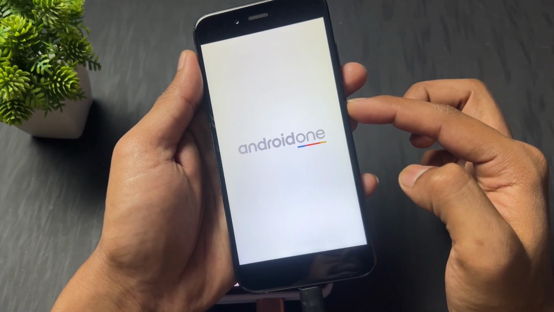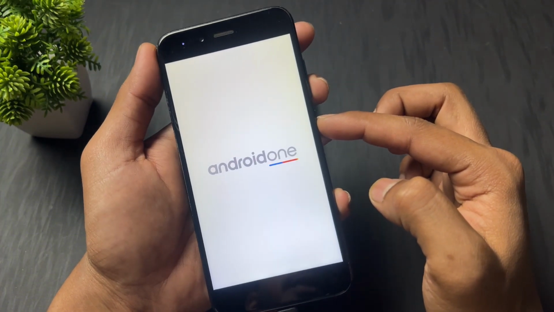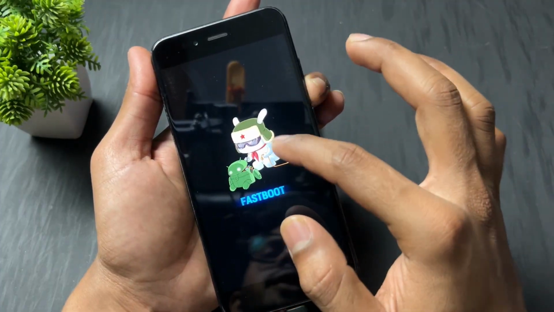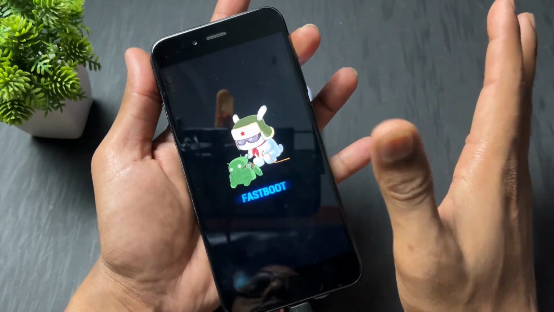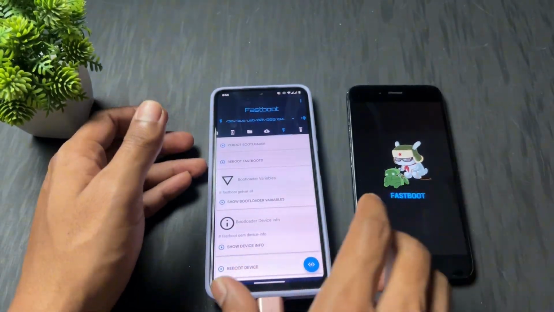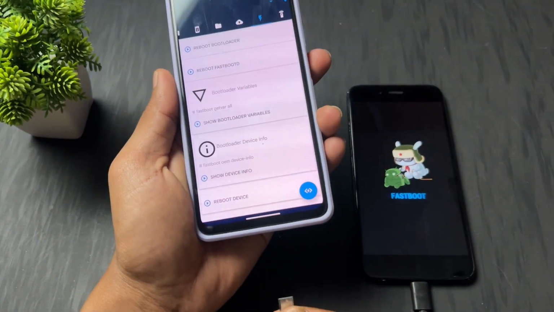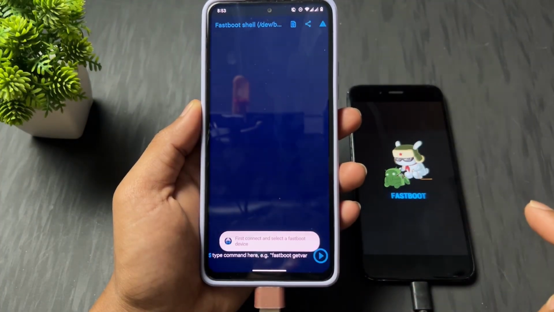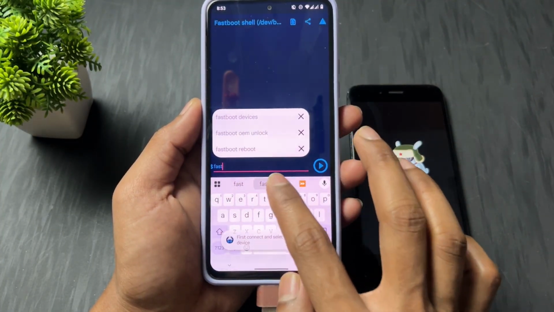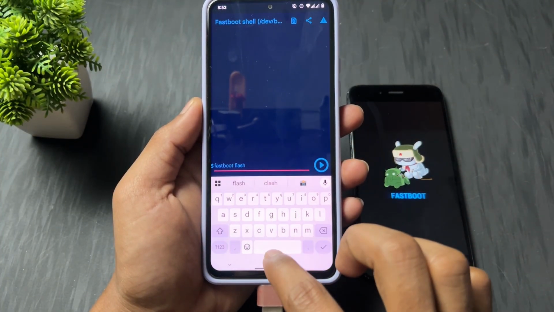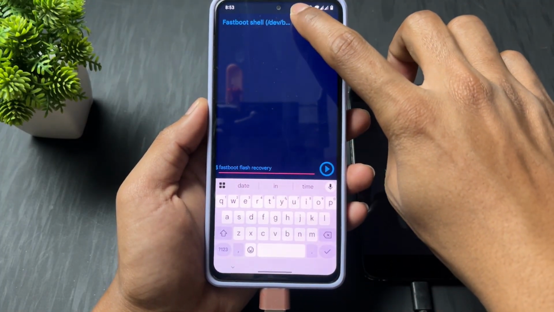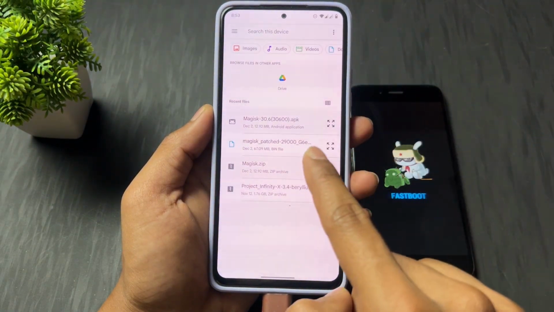Okay, now boot your device in fastboot mode again. For that, hold the volume down and power key, and hold the volume down key until this Mi Bunny logo comes. After that, release all the keys. Now connect your device with OTG, and it's connected. Now perform the second command: fastboot flash recovery, then space, then attach the recovery IMG,